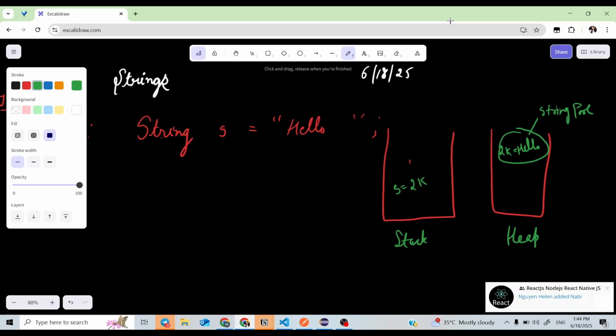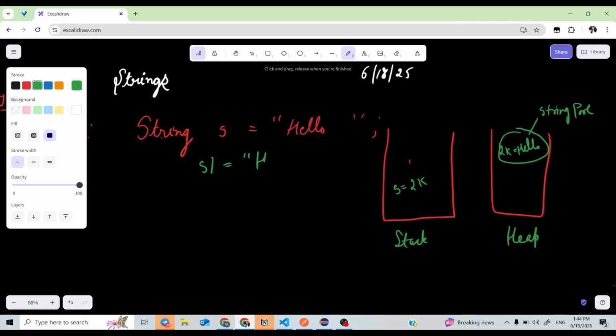One more thing I want to tell you about the string pool is that suppose I make one more string s1 equals to hello. So what will happen here? Which memory location will s1 be holding? See here, this hello and this hello are same, meaning s and s1 are same. So s1 will also point to the 2k memory location.